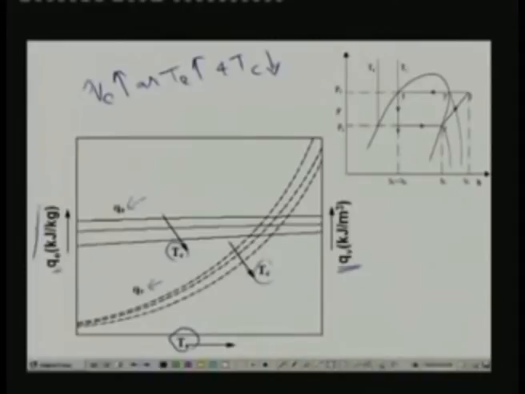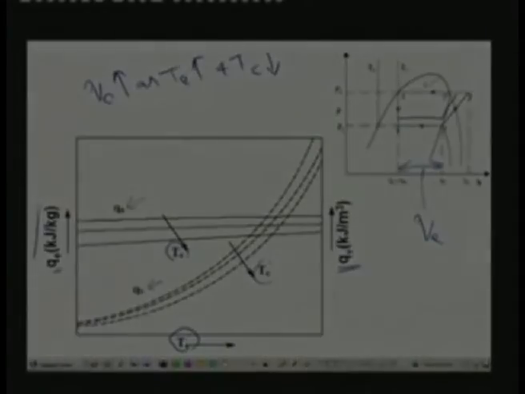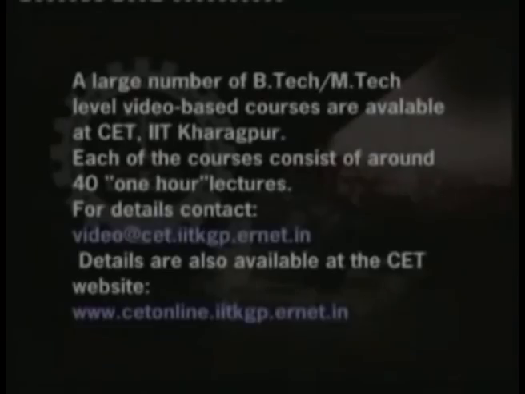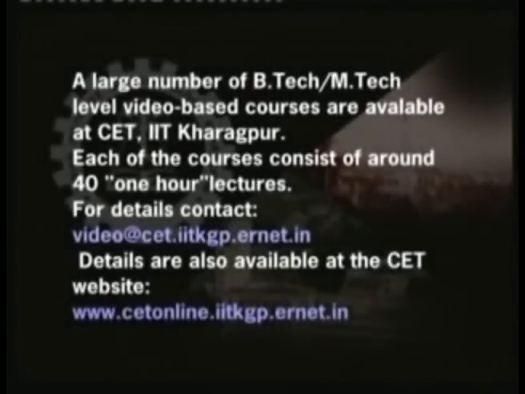That you can easily find out from this p-h diagram. As I have already discussed in the last class, this is your refrigeration effect, or this is your Q_E. So if you are keeping the condenser temperature constant and varying the evaporator temperature, for example I am increasing the evaporator temperature, that means this line shifts up, and you have the new cycle like this. So the increase in refrigeration effect is very small. You can see, and you can see that it